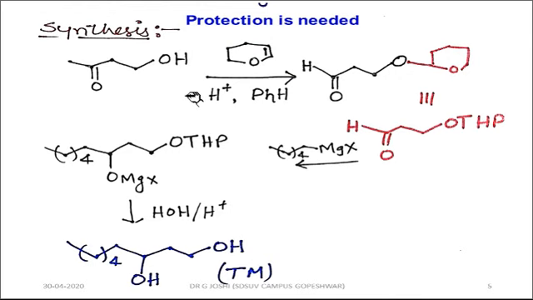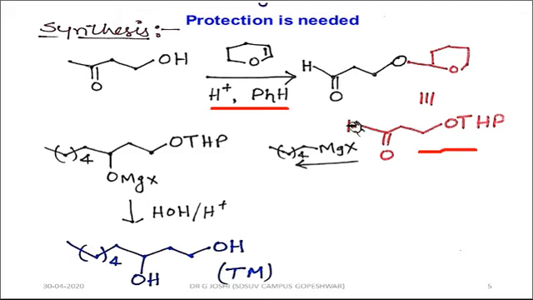During the protection of any functional group, we have learned that the protection should be the first step before going for the further synthesis. This hydroxyketone will first be protected by THP. We have learned in the previous section how this THP protects the OH group and what the mechanism is that we discussed earlier. By the same mechanism, we can protect this hydroxy group.